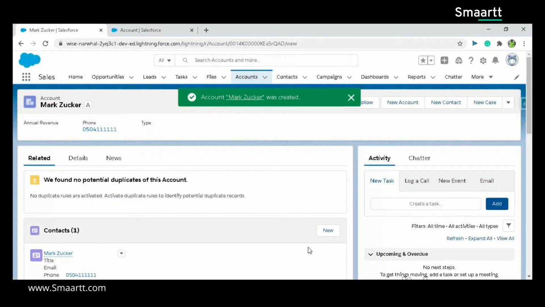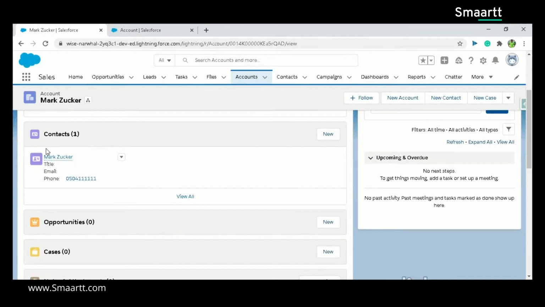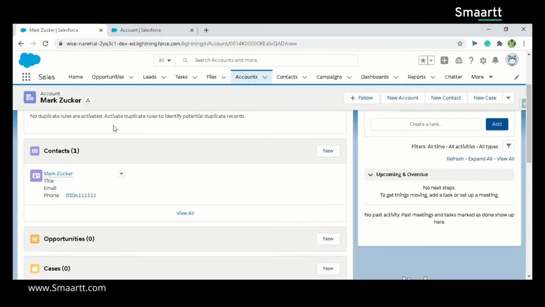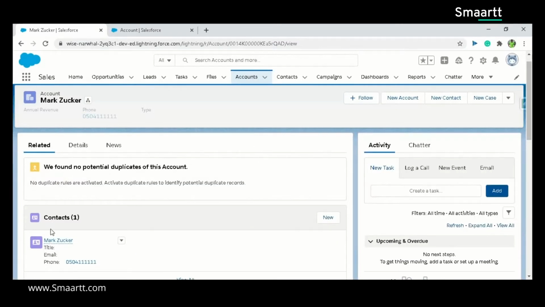Mark Zucker is created. You can see here that the account got created, and the contact is also present under the related section of the account, and it has the same phone number. That's how you know that you have created the account and contact pair using your trigger.